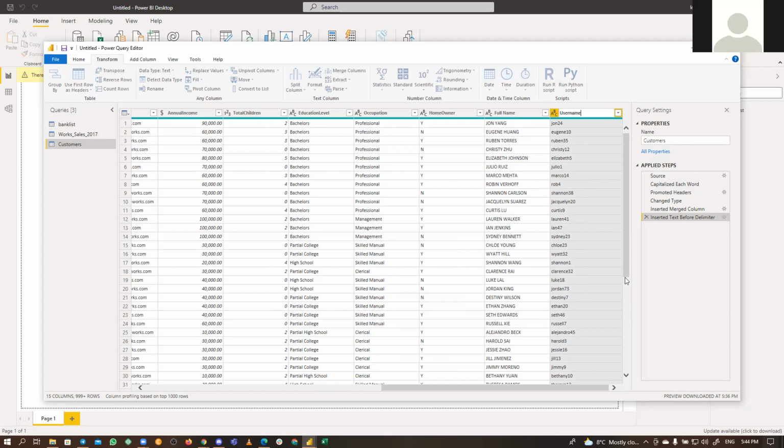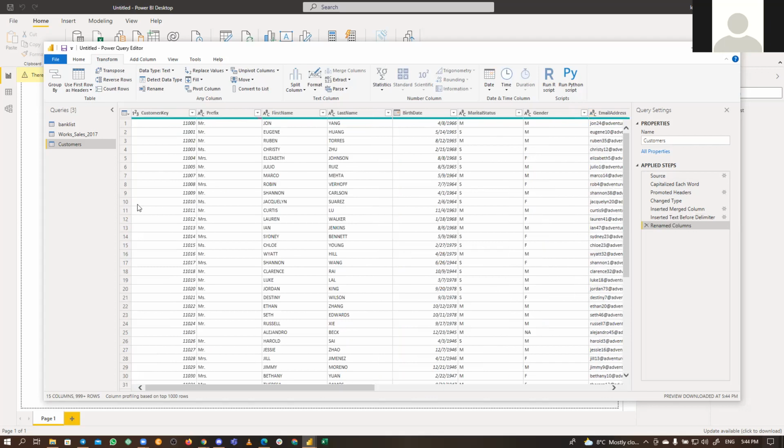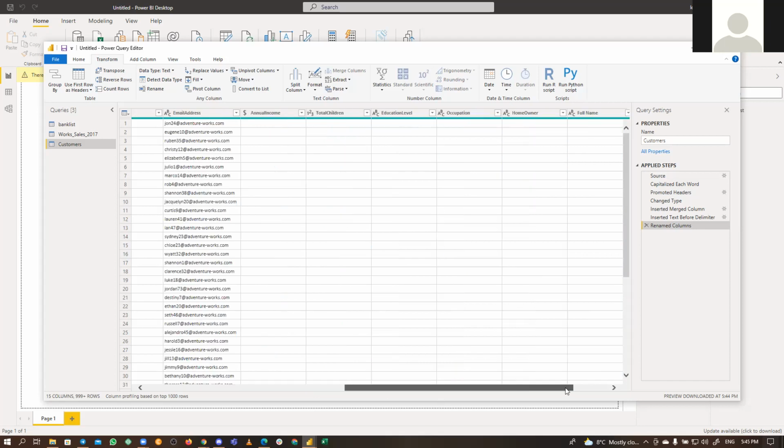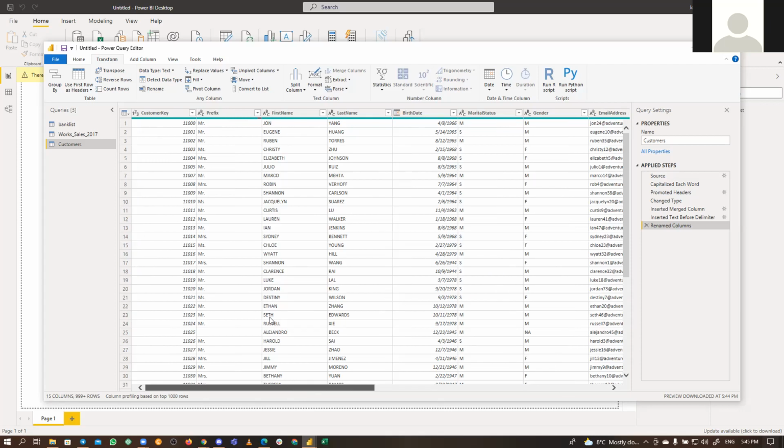I have a question. Yes, please go ahead. Okay, so the question is, on this page 1, what if I want to make my necessary changes on page 2? I copy this data and paste on page 2, make the necessary transformation. So when I close and apply, will the changes affect page 1? I'm not working on page 1 now, right? I have already copied this data and pasted on page 2. So I make all the changes and then close and apply. Nothing happens to page 1, right? Just page 2 will be affected.